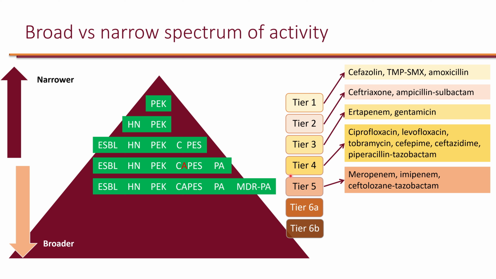So when Pseudomonas is resistant to drugs in tier 4, that's when these drugs come in. So, we don't really want to use these for all Pseudomonas. We really want to reserve them for when Pseudomonas turns into multi-drug resistant Pseudomonas. So for that reason, these are typically reserved or restricted in hospitals, and they will require approval for use just